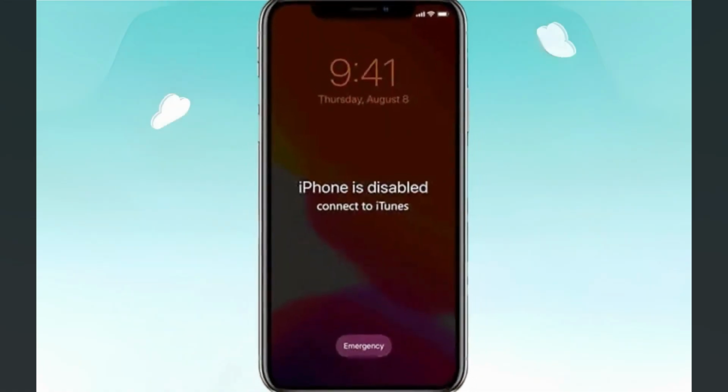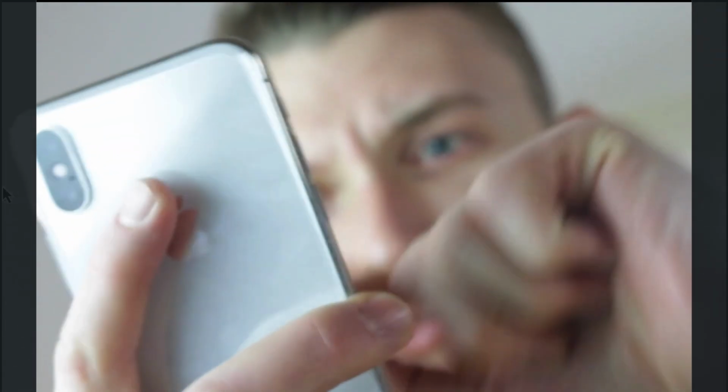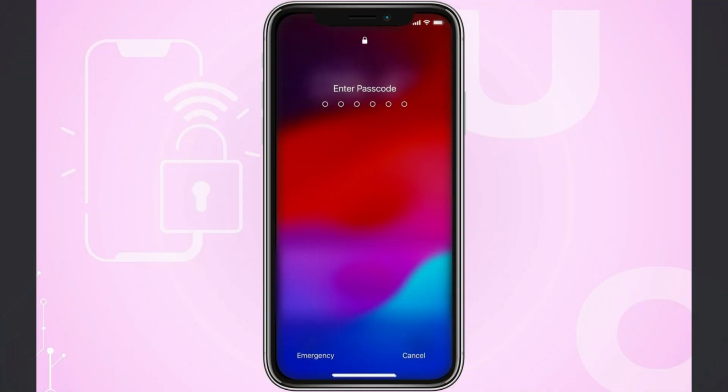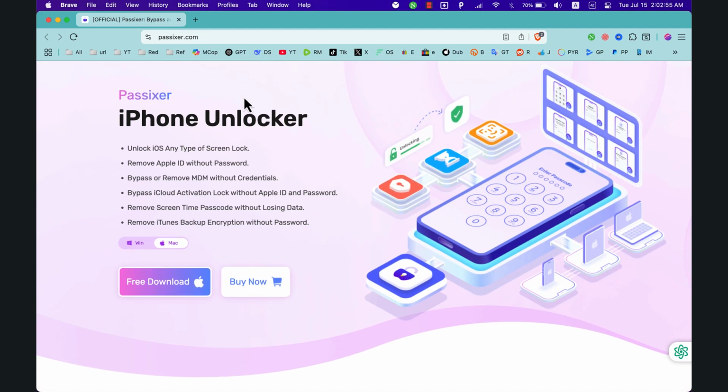Is your iPhone in disabled screen, or you forgot your passcode, or stuck on the iCloud activation lock screen? Don't worry. Today I will show you how to unlock your iPhone without password in just a few simple steps using Passixer iPhone Unlocker. Passixer iPhone Unlocker is a powerful tool that helps you to remove any iPhone screen lock,